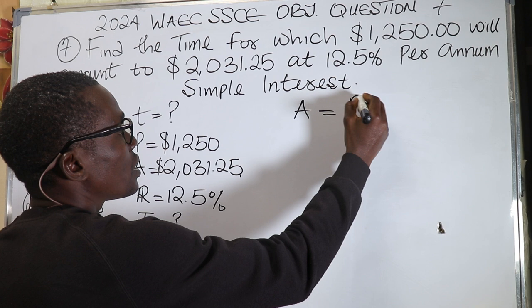So we are going to replace this interest with principal times rate times time. So we'll have our A equal to P plus principal times rate times time, where the rate is in percentage, which is over 100. Now, what do we need? We already have our rate and our time coming into this expression, so we'll make T the subject of the formula. Remember,